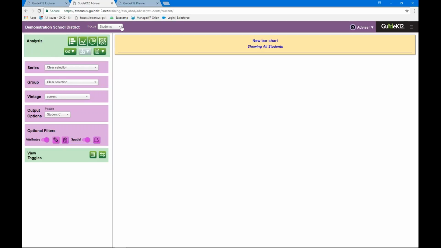You'll notice here we have a new drop down at the top. We call it the focus for the analysis, but it's really simply your different data stream views and allows you to use those data streams from Explorer. So you'll notice we do have our same data streams available in Advisor that we had in Explorer. I'm going to stay in the student data stream,